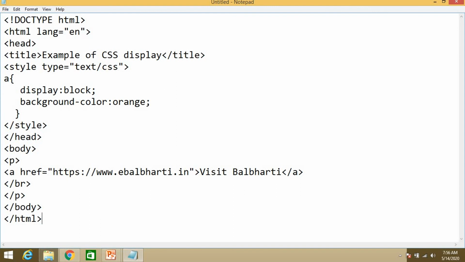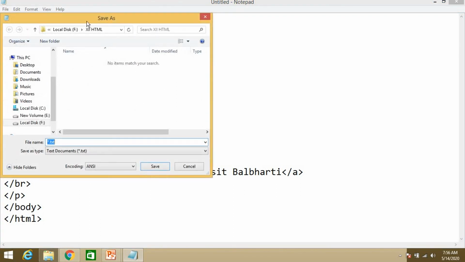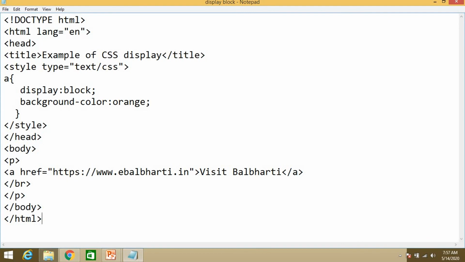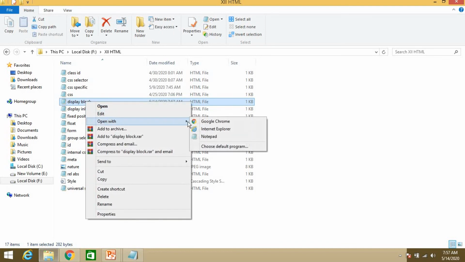Okay, now save this. It is display, but having block, display block dot HTML. Now execute this, display block. Open this.